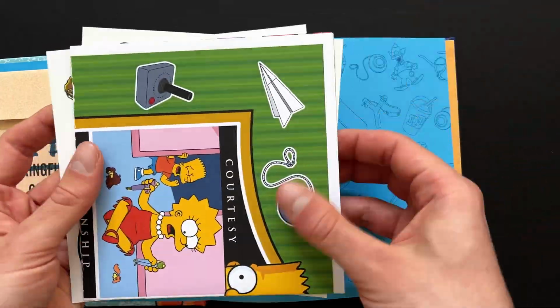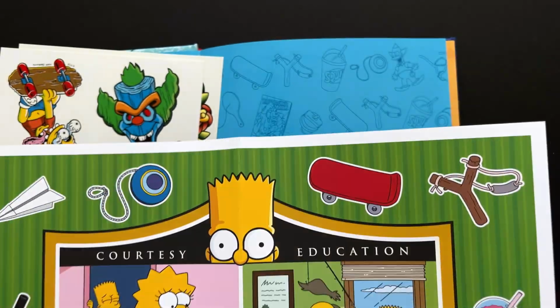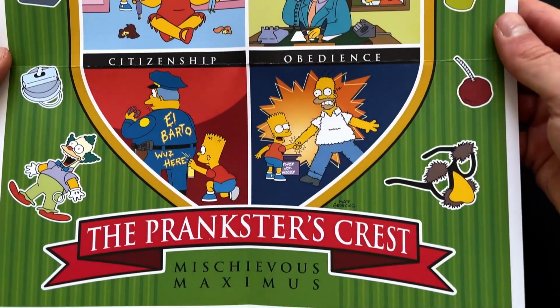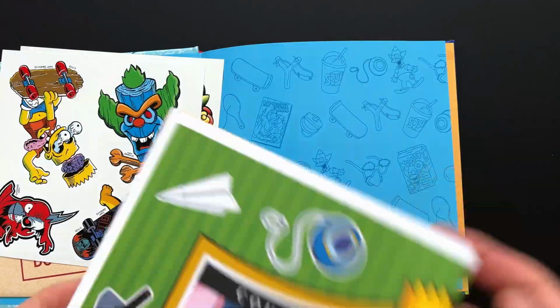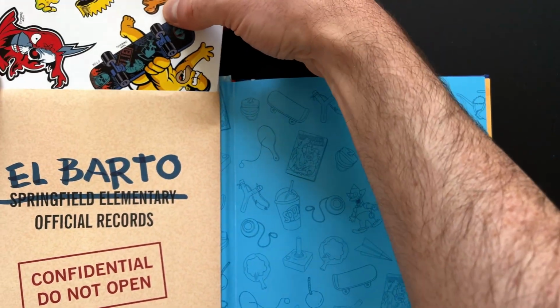The size of the pages is perfectly chosen, no bigger or smaller than they need to be. One thing to note about the physical components is that the first 2 books, Homer and Bart's, have cardboard slipcases, but they dispensed with that for the other 4, so if you get one of those, don't worry that it's missing. But now we're going to talk about what is probably the most important thing to understand about these books,